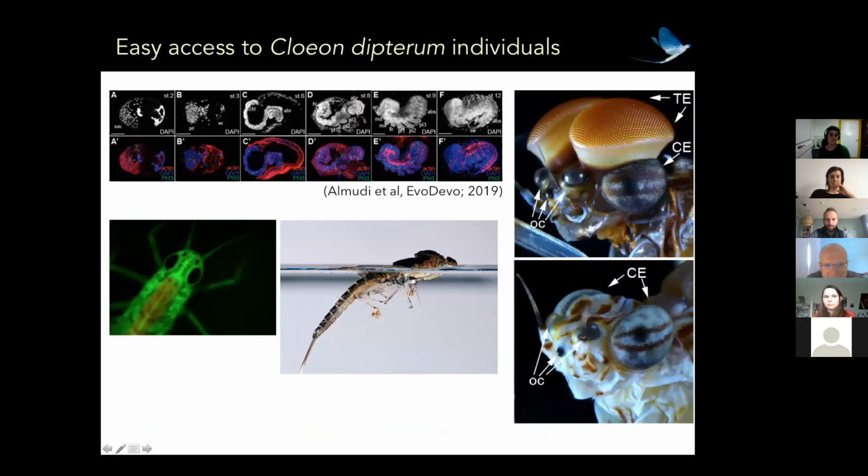So we can perform embryonic studies, or we can inject some dyes, and so we can study, and this is one of our projects, the origin of the turbinate eye in males, and also we can investigate the genomic signatures, or how the genome and the transcriptome of mayflies adapted to these 2 different